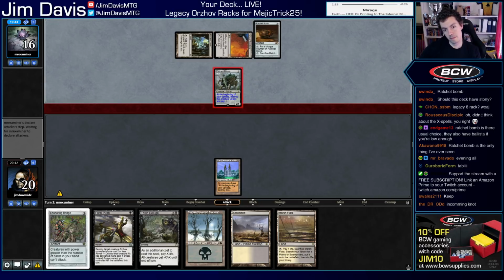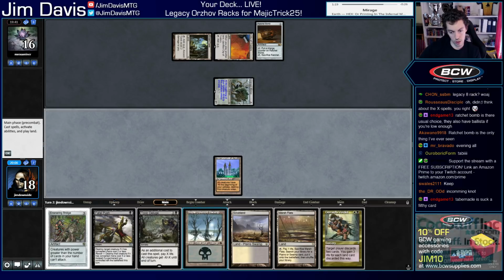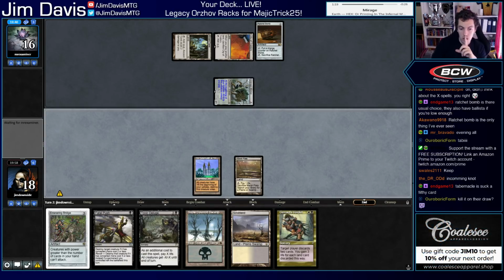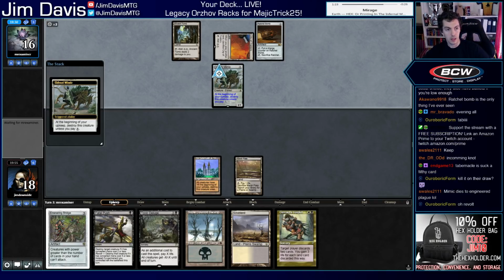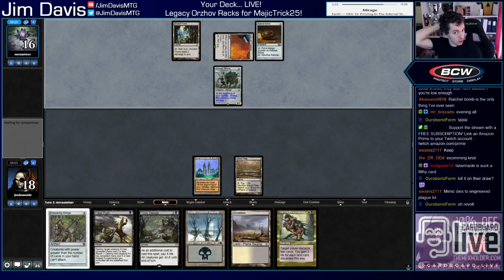There's your Ratchet Bomb. As predicted. Gerrard's Verdict. A little awkward, but sure. I guess we're gonna play flats here so we can kill a Revolt of Thought Knot. Mimic does die to Engineer Plague, but alright, so they're gonna pay for their Mimic, which is cool. The question is if they just attack for 2, do we bother killing it? I don't think so. Just gonna die to a Deluge, so